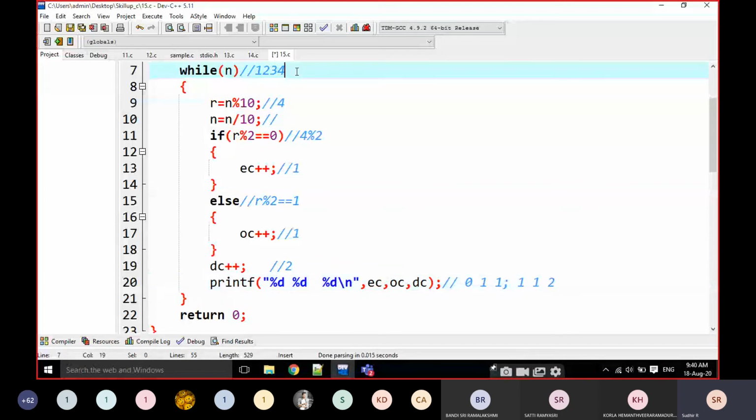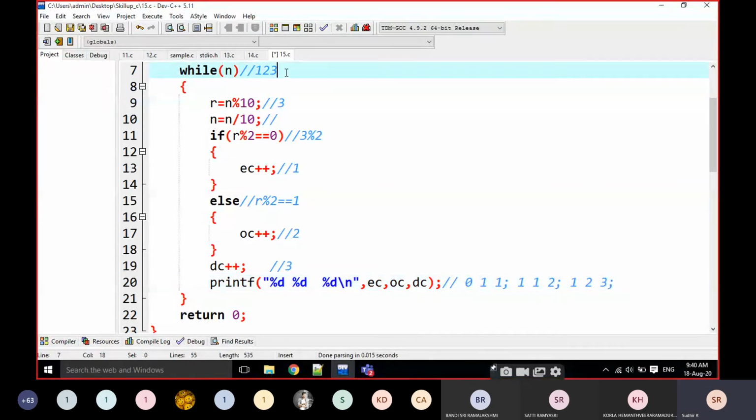Then it is going to be 123. Then R becomes 3 here. Is 3 divisible by 2? No. That means OC is incremented to 2 and DC is incremented to 3. Then it is printed. EC is not changed, odd count is changed and total digits is changed.